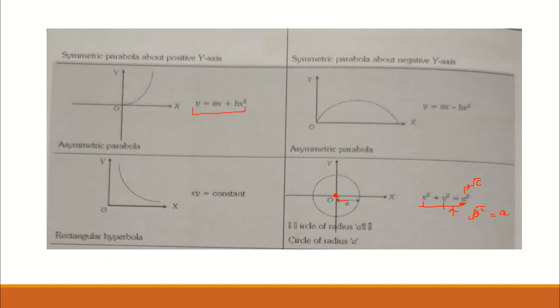Similarly, the quadratic equation we have read in 10th class. So we have gone through the graph of the quadratic equation in which y is equal to some x to the power 2. It means one variable is having power 1, another variable is having power 2. Also we have discussed just before, the rectangular hyperbola, which is very important. xy is equal to constant, or x is inversely proportional to y, then we will have a rectangular hyperbola.